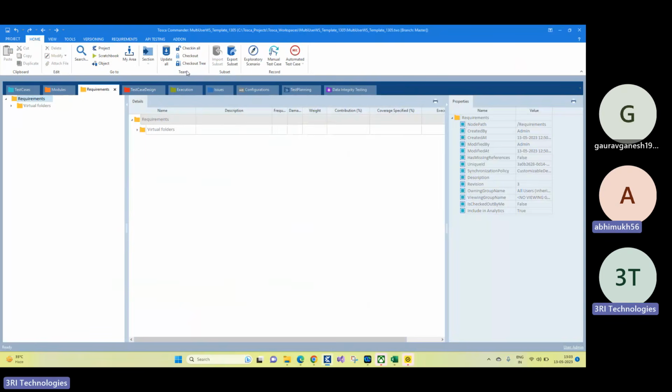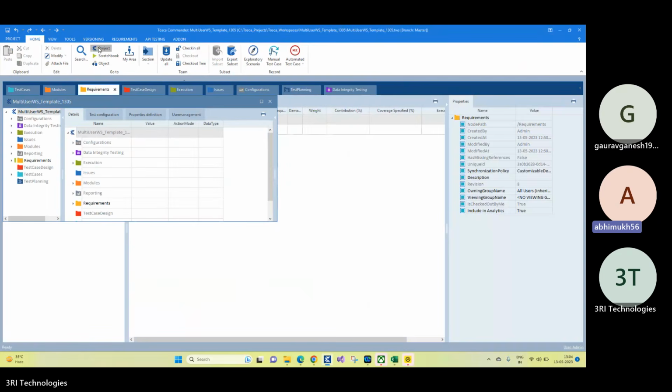So the locked version and unlocked one also, like green and red both? Yes, everything. Even if you are currently working on some other folders, I'll be able to see them. If it is locked, I will be able to see it, but I cannot make changes. I did not explicitly tell you about update all because even when you do check in all, check out, or check out tree, the update all operation happens in the backend.